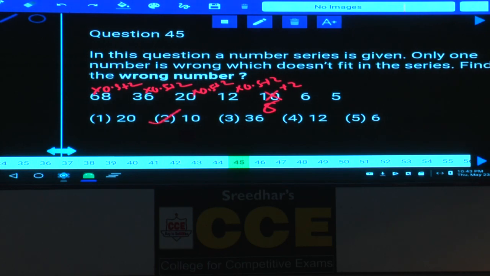Now this is about question numbers 41 to 45. Now in this paper,